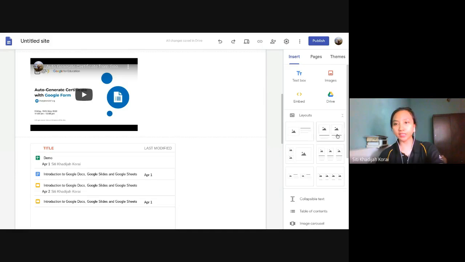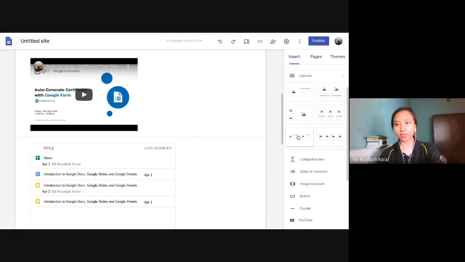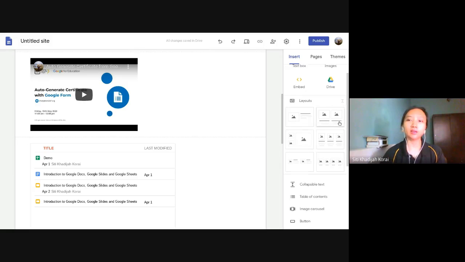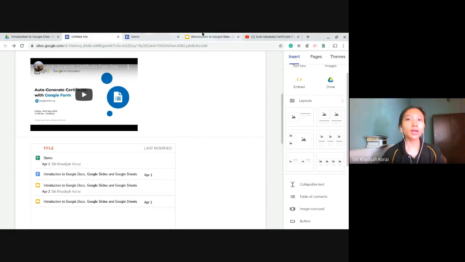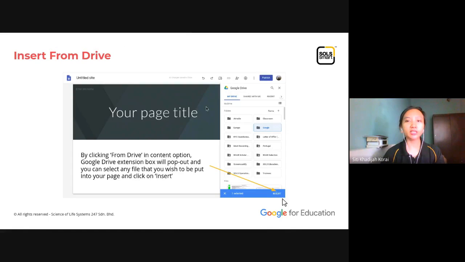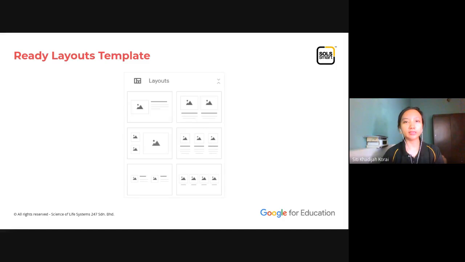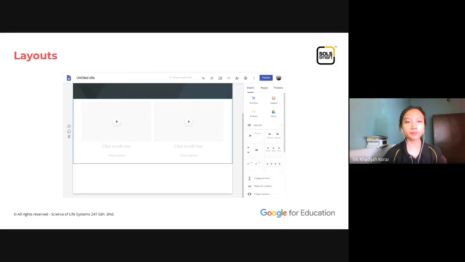If you see, there's a layout ready here. You can see there are 6 layouts ready right there. So what is layout? Layout is actually a pre-made layout for you. There's a 6 layout template, as you can see here. So for the layout template,